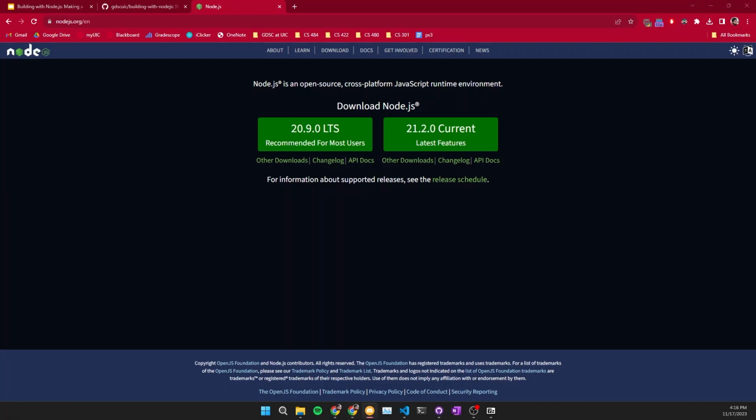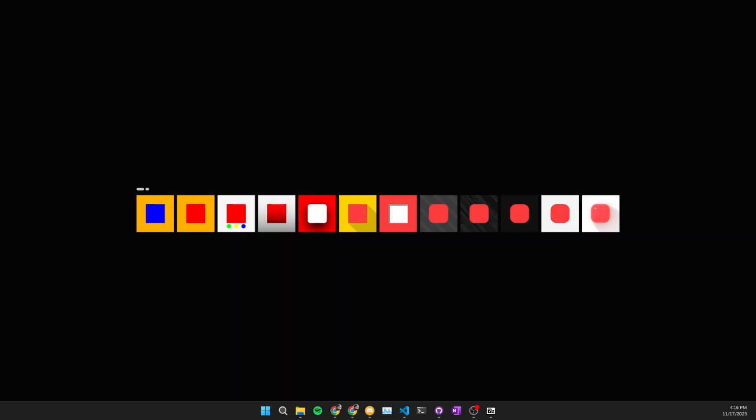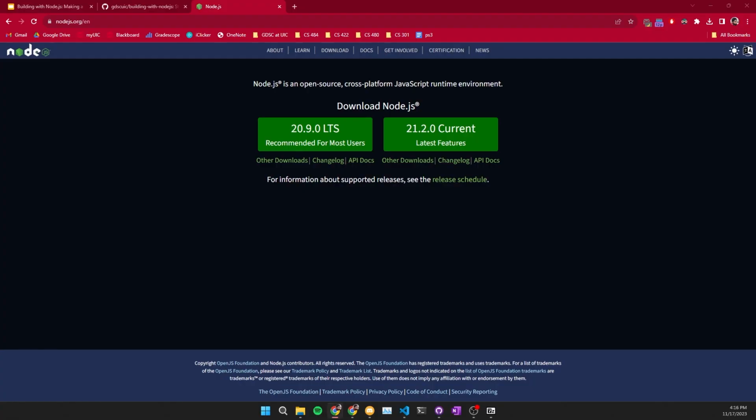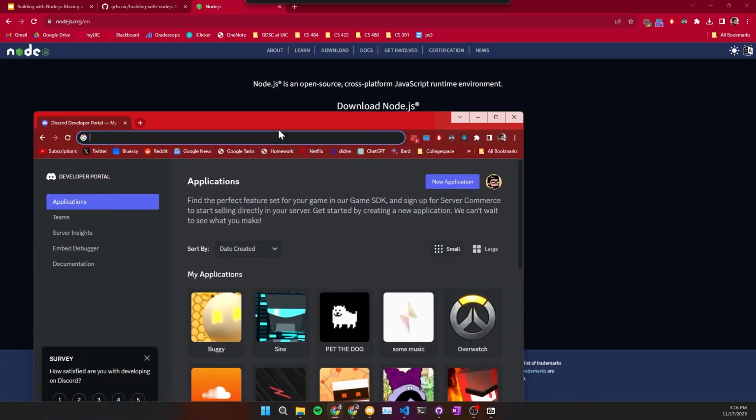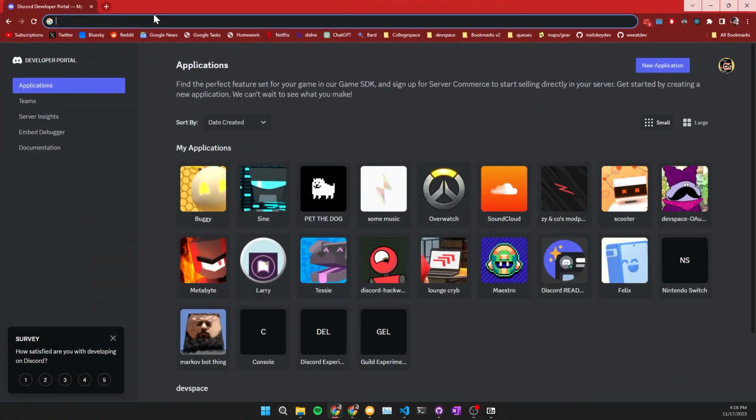If you download the current version instead of the LTS, you should be fine. I don't know 100%, but you should be fine. And if you're not, then uninstall and then install the LTS. But for now, if you click the other link I showed you, or maybe you haven't actually, you should go to this URL,